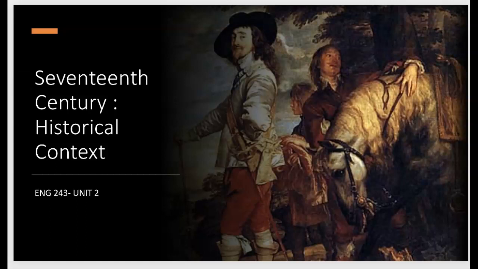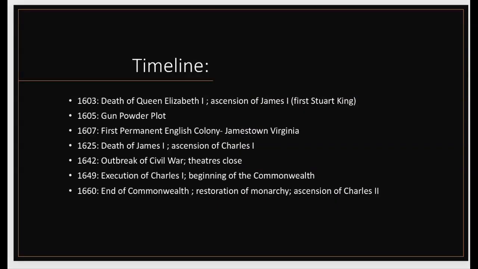A lot of stuff happens during those 60 years. Some of the things that happen are during the reign of the Stuart kings, up to the beginning of the English Civil War. I'm going to grossly oversimplify some of these things, but we have, of course, in 1603, the death of Queen